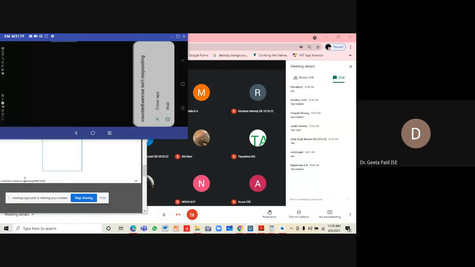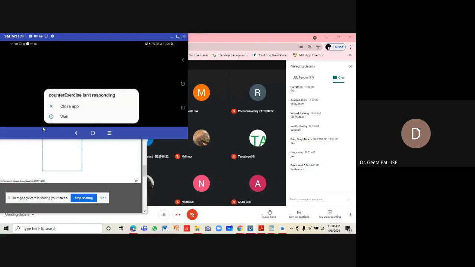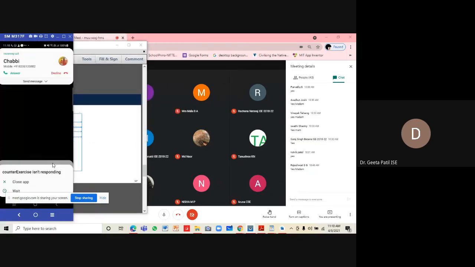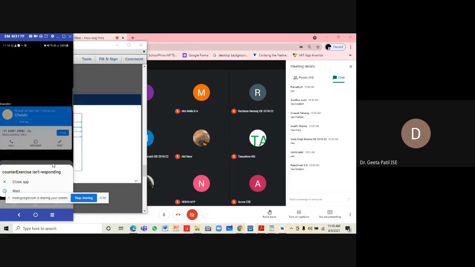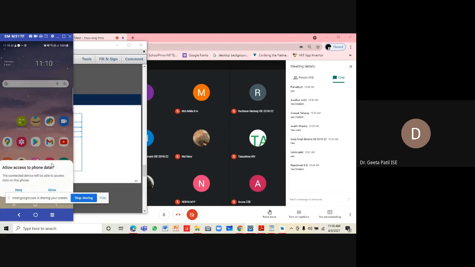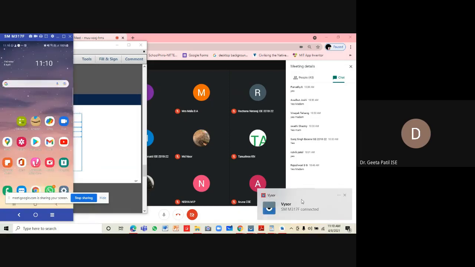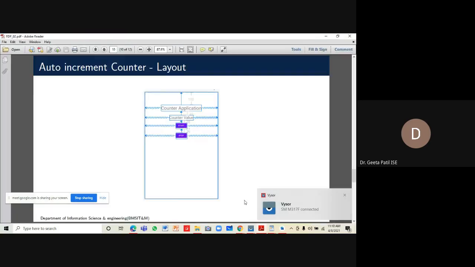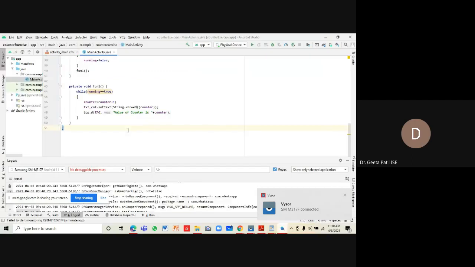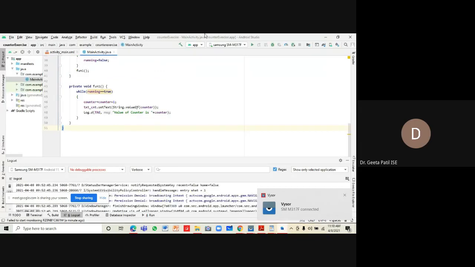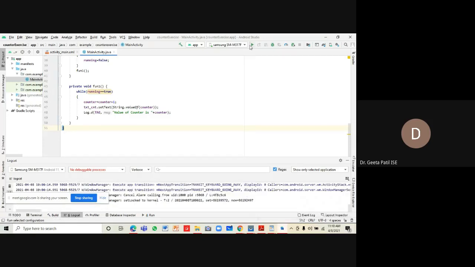Close app. The application crashed again. Now, why that is happening is, just stop this.